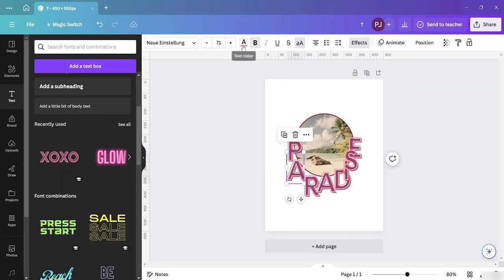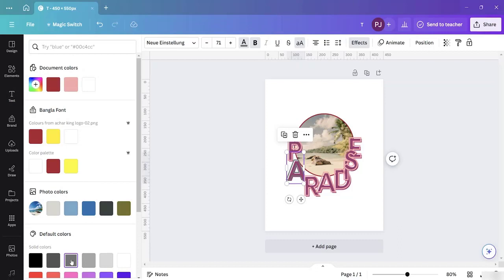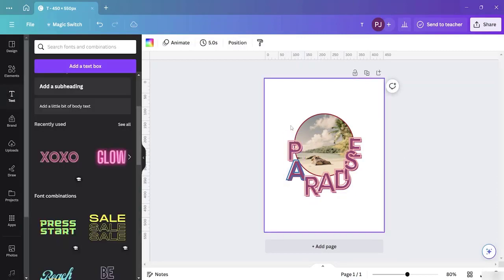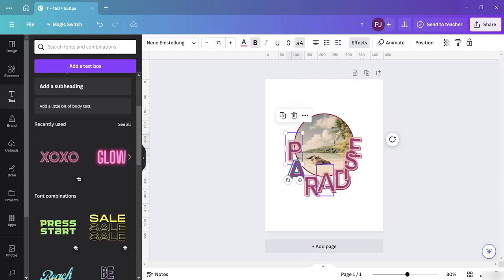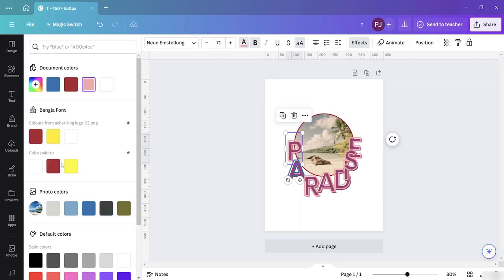You can come here if you want to change the color. You can just change the color according to yourself. Okay, if you want to put some blue colors, you can select all together at once, and you can come here and change the color from here as well. If you want to select so many of them all together,